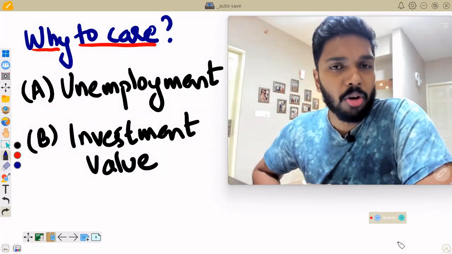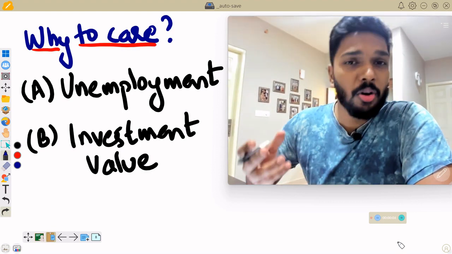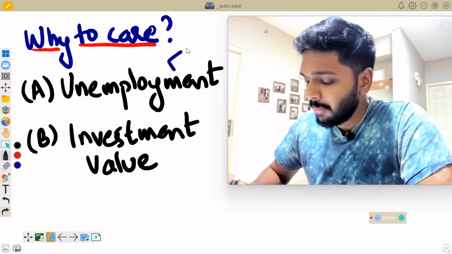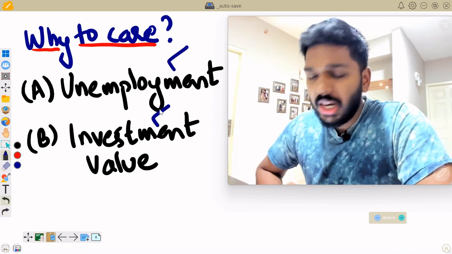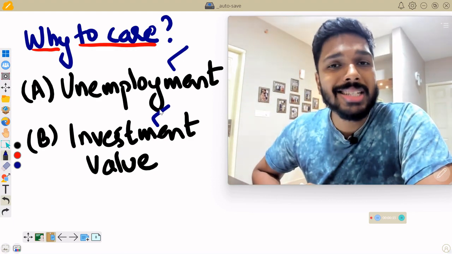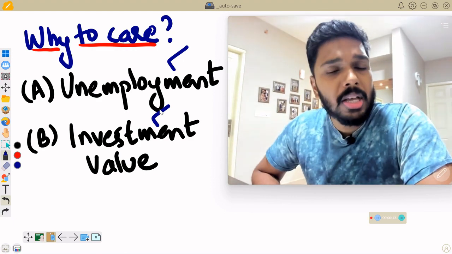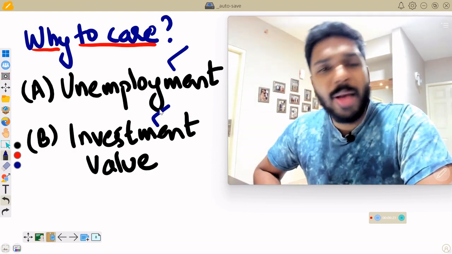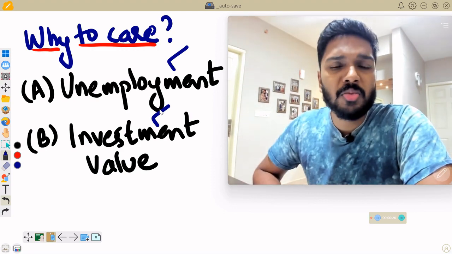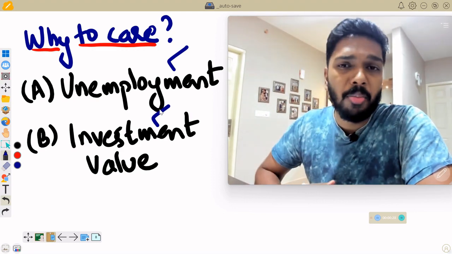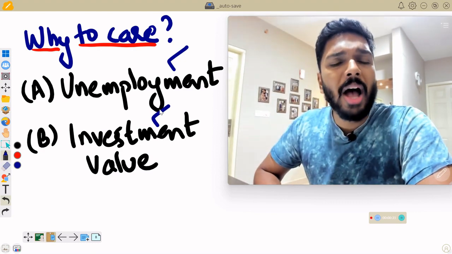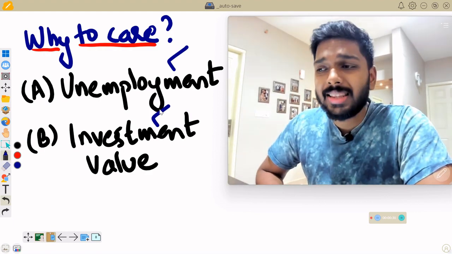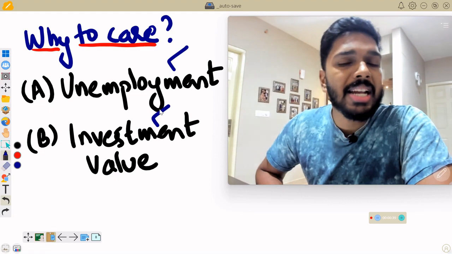Why do we have to care about recession? Well, there could be a lot of consequences because of recession, but the major ones are unemployment and investment value. Unemployment because, as I said before, companies start laying off people, and therefore job security becomes questionable in a recession phase. Investment value because all your short-term and long-term investments will only deplete when recession happens because the market will be down. But a suggestion here would be to have some extra funds, excess funds, and then invest when the market is actually going down because that's a time when you can get stocks at a cheaper rate and then invest.